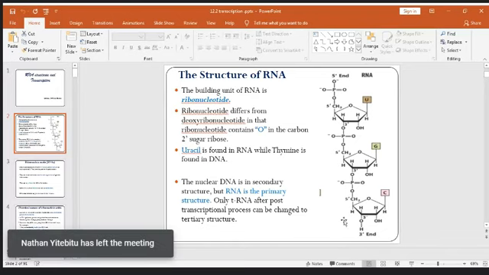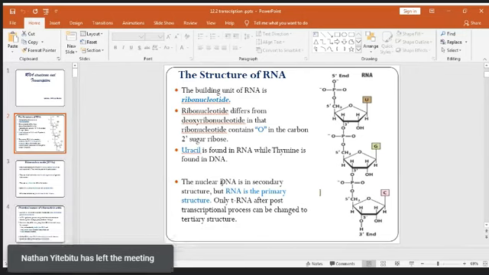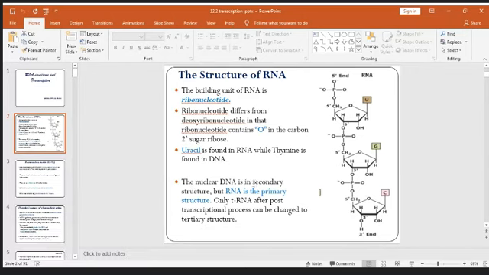ሌላው RNA structure ላይ የምንመለከተው ምንድነው? The nuclear DNA is in a secondary structure as it has a double strand form, but RNA is in the primary structure. From the types of RNAs, only the transfer RNA has a tertiary structure after undergoing the post-transcriptional modification processes. There are various processes. So, the structure of transfer RNA is also called the clover leaf structure of transfer RNA ይባላል። ቼኑ ስትራንዱ እየተጣጠፈ